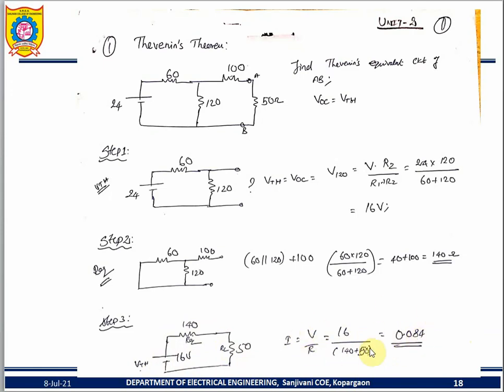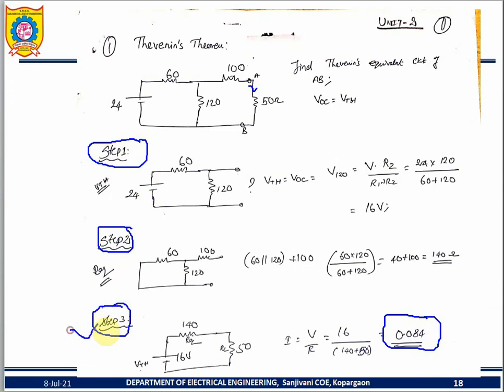Then find the current, similar to Ohm's law. Okay, what is the given circuit? The circuit has 2 loops, loop number 1 and loop number 2, and I will find the current across the load. Okay, load current is found. How many steps does it have? 3 steps. We have already discussed step number 3. Look at step number 3. What is the voltage here? I will change the colors. Is it 24 volt? No, I have written 16 volt. How? In step number 1, you found the 16 volt.